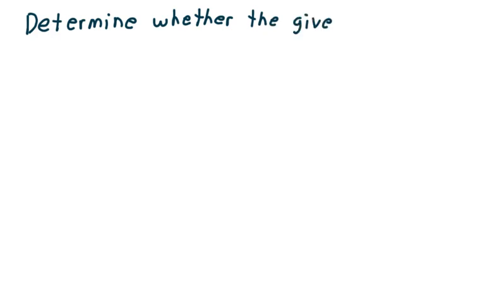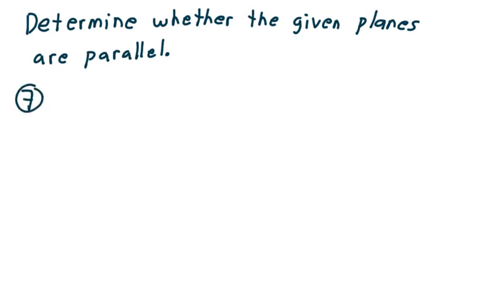Over here, the directions say to determine whether the given planes are parallel. To determine whether the given planes are parallel, we look at the normals. So, for example, if we take a look at 7,